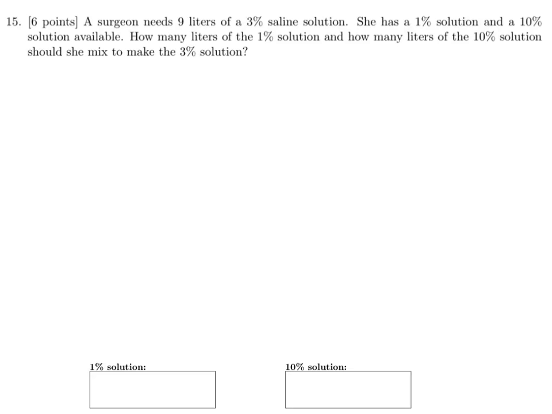So to get this 9 liters of 3% saline solution, she has a 1% solution and a 10% solution available. It says how many liters of the 1% solution and how many liters of the 10% solution should she mix to get the 3% solution. So once again, we're going to have some variables. We're going to have some equations, but first we have to define what the variables represent. So we look at the question, how many liters of 1% and how many liters of 10% is she going to use? So the unknowns are going to be